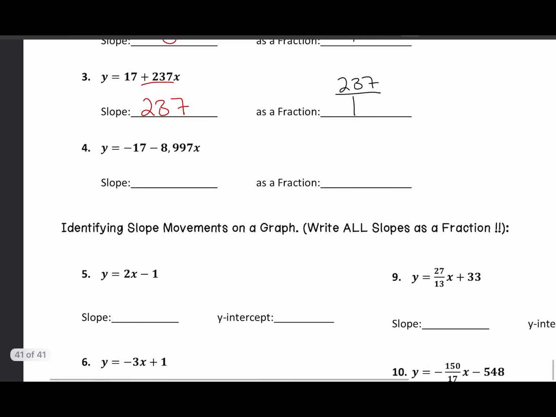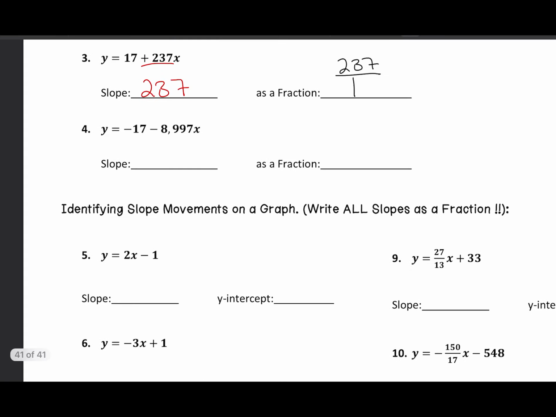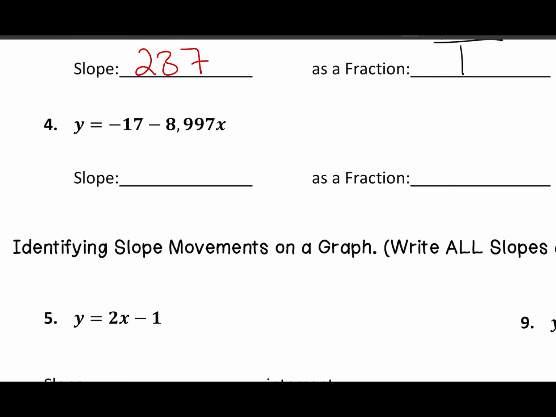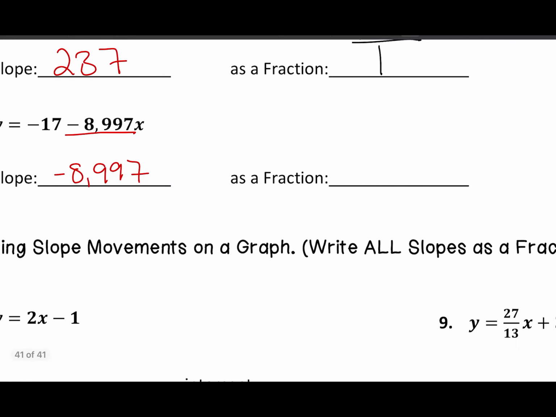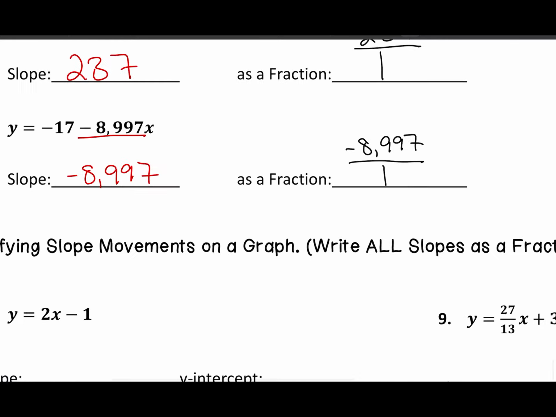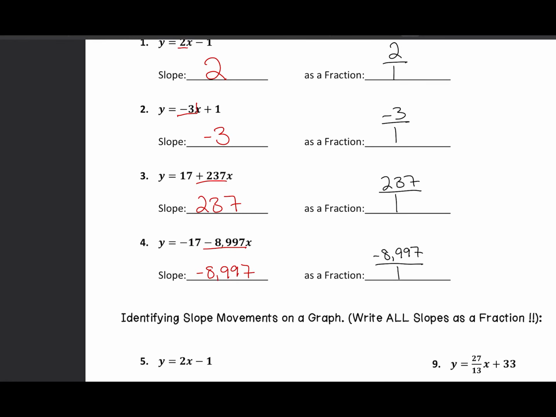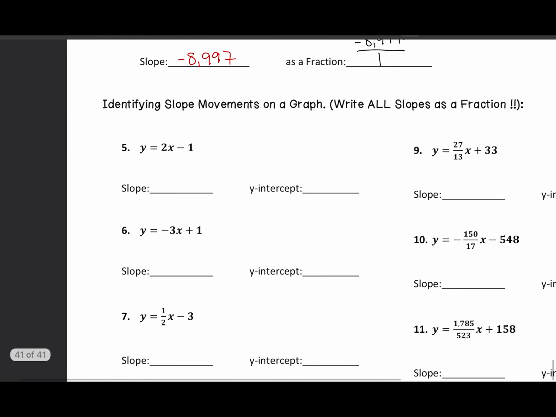And number 4, we have y equals negative 17 minus 8,997x. Negative 8,997 is my slope because it's the number in front of x. And when I write it as a fraction, negative 8,997 over 1. So again, anytime you change a quote-unquote nice slope into a fraction, you just put it over 1. Okay,